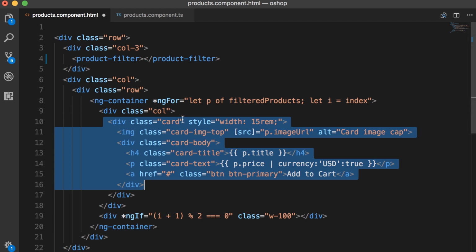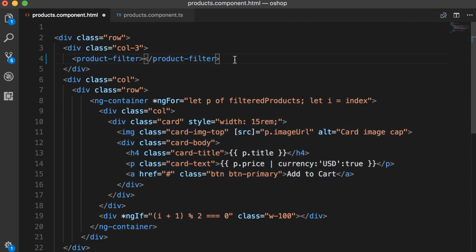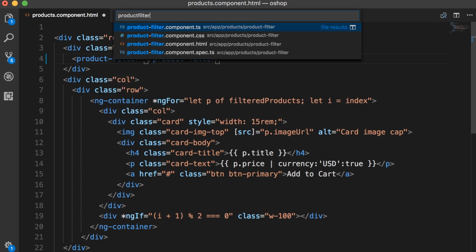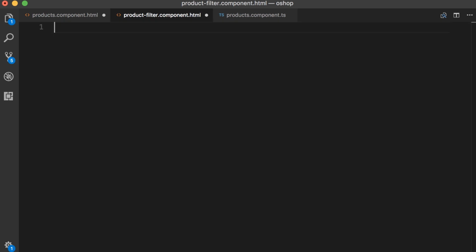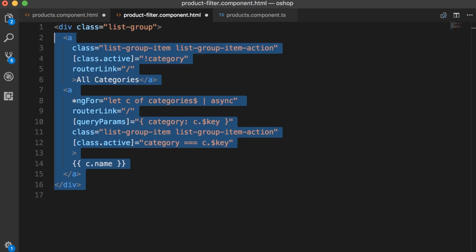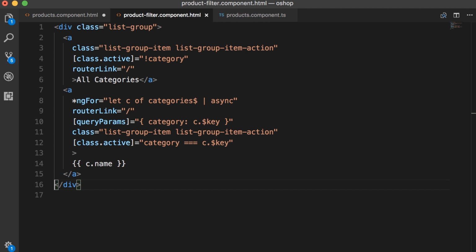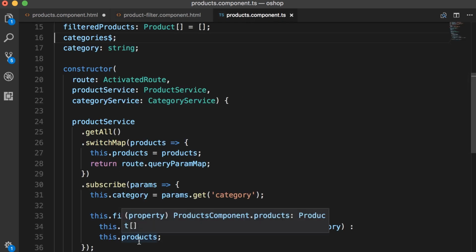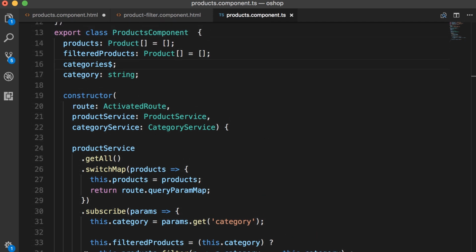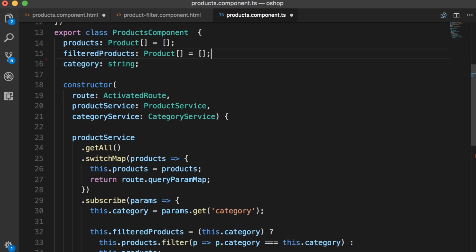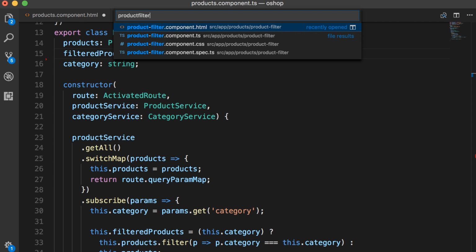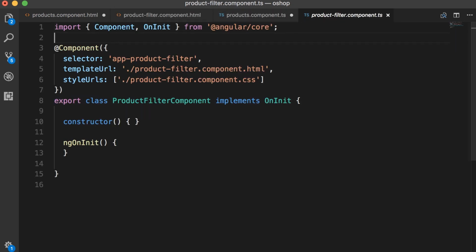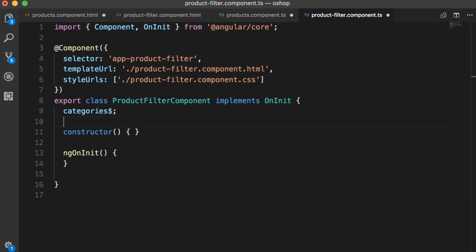Okay. Now let's go to the template for this product filter and paste our markup. So productfilter.html. I'm going to paste our markup here and reformat the code. Beautiful. Now, in order to render the list of categories, we need this categories observable. So I'm going to move this from products component. Look here in products component, this is where we defined this categories observable. So I'm going to cut this from here and go to productfilter.ts and put it here. Now back in our products component,